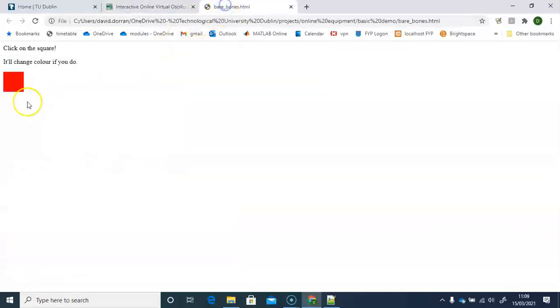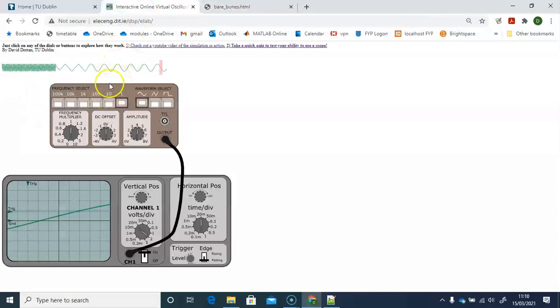So this bare bones example that I have here has all the basic elements that you require to build something more complex like this. Okay, and in this particular example, I have this SVG image, which is the red square, and when I click on it, it changes to blue. And basically, we use JavaScript to change the color,